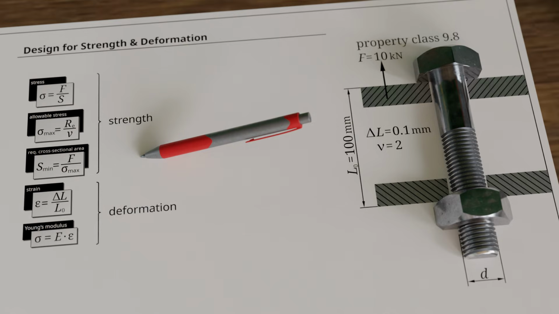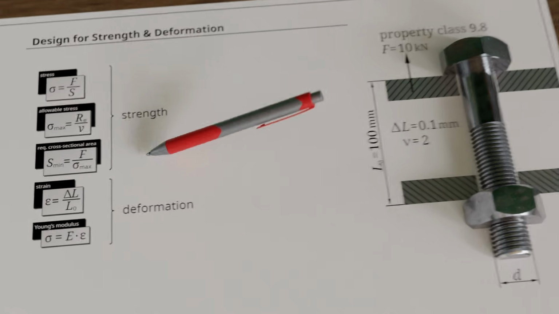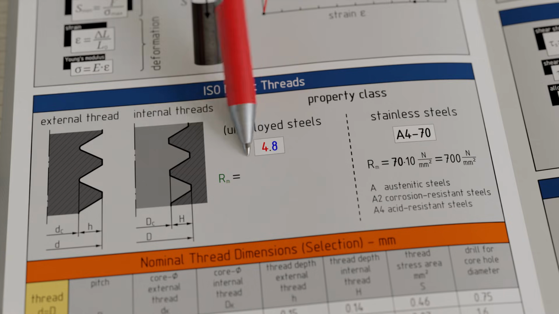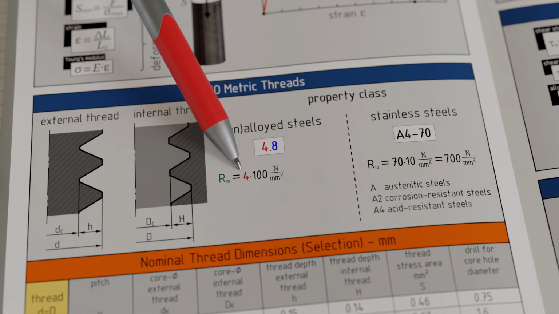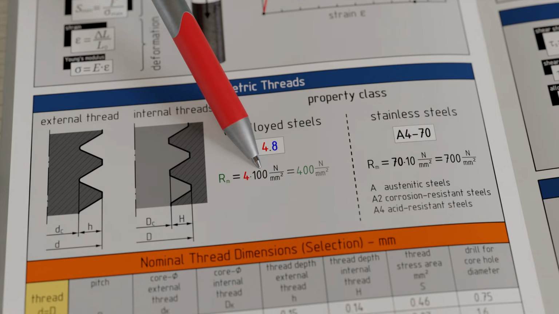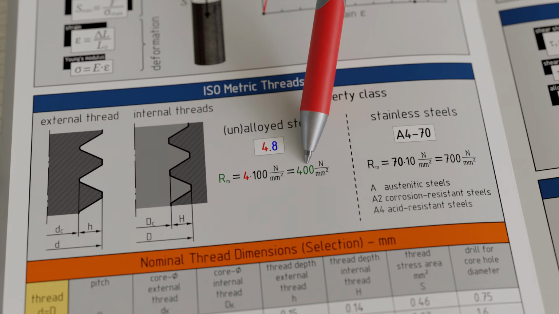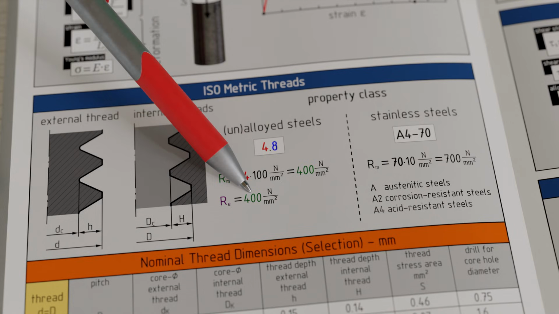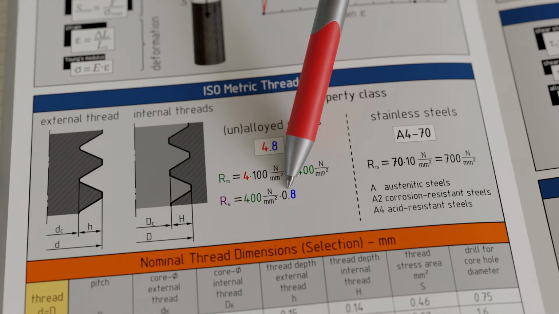For this, we need the bolt strength properties, which are given in the property class 9.8, also called strength class. This designation contains both tensile strength and yield strength. For example, consider a bolt of property class 4.8. The tensile strength is given by multiplying the first number, 4, by 100, resulting in 400 newtons per square millimeter. The yield strength is obtained by multiplying this value by the number after the decimal, 0.8, giving 320 newtons per